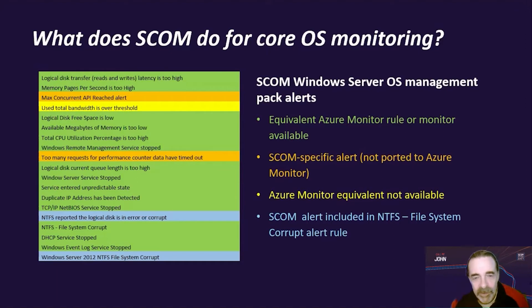So we don't consider that a showstopper, that one monitor doesn't have a direct port into the Azure Monitor solution. If you do have a server scenario where monitoring the network is critical, absolutely that can be added. But in terms of calculating the alerts and then the cost of running those monitors and alerts, it's not included in this solution. But other than that, we do have 100% coverage in our Azure Monitor rule set of the corresponding alerts that SCOM produced,